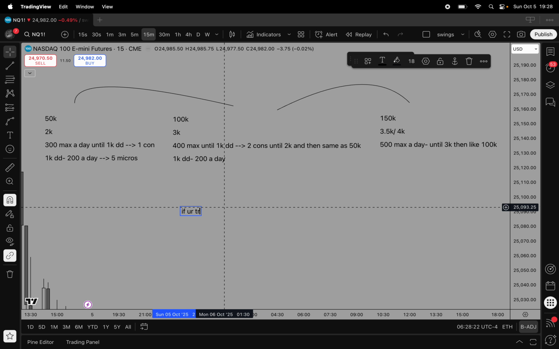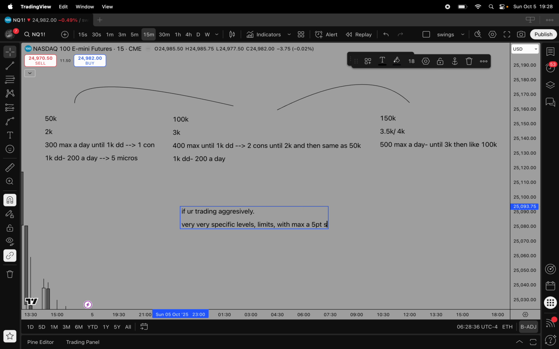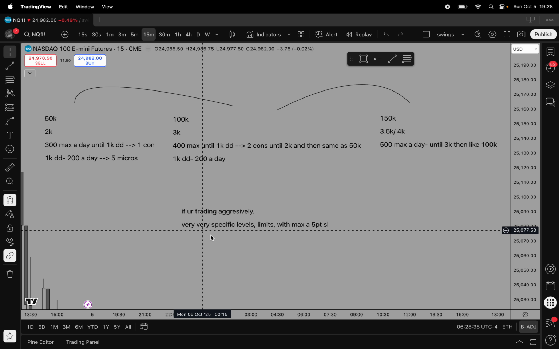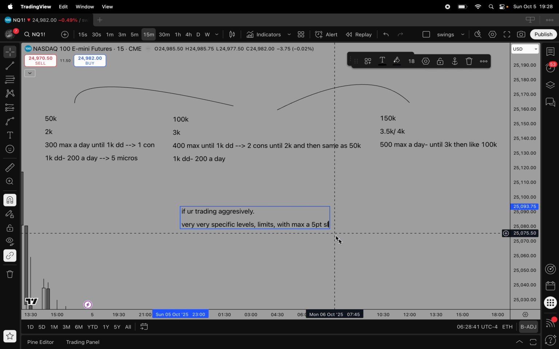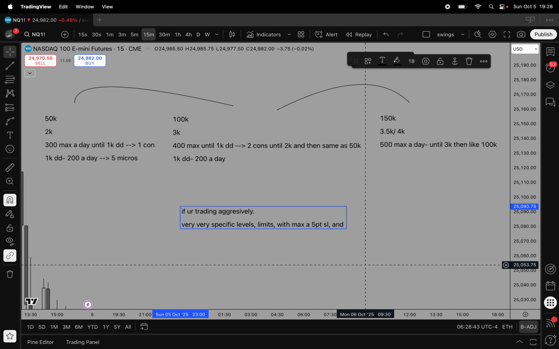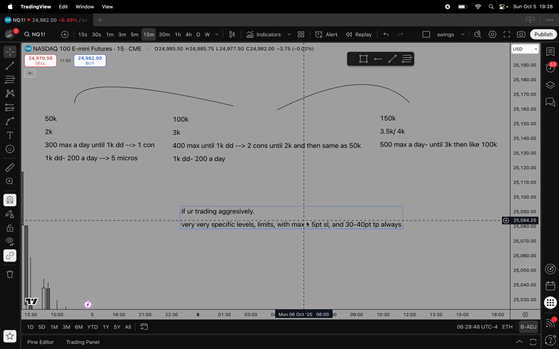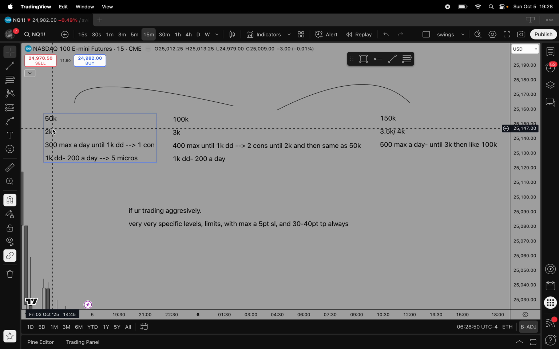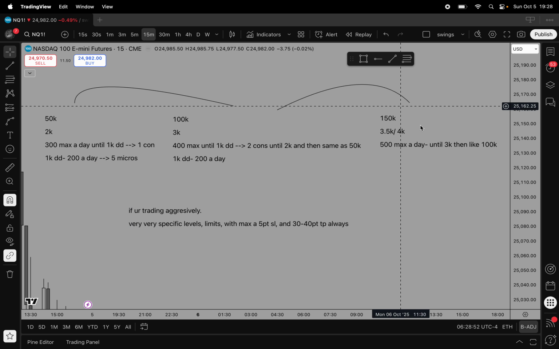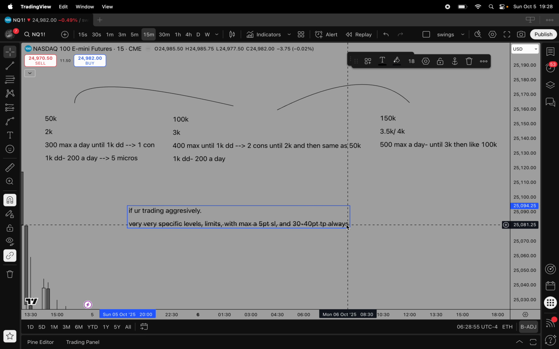If you're trading aggressively, what does this mean? Very, very specific levels, limits, with a max of 5 point stop loss, and 30 to 40 points TP always, right? If you start doing this, you're going to have more chances on every funded trade. So, meaning on a daily basis,